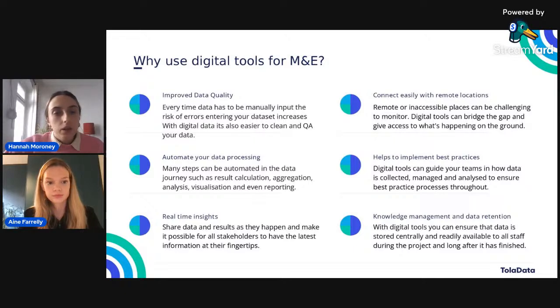Another one that I think is really interesting is the fact that you can use digital tools to easily connect to remote or inaccessible sites that may otherwise be quite difficult to monitor. So if you have colleagues working in the field, maybe if it's a farming program, then they're somewhere quite rural.